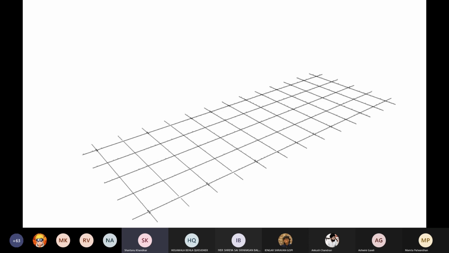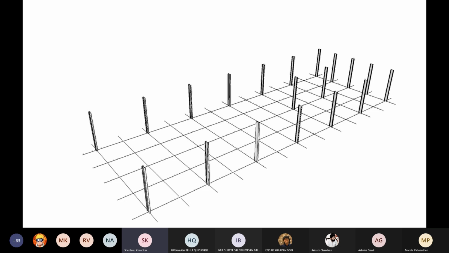As you can see on this screen, there is a 3 meter by 3 meter grid that has been formed, and we begin by placing our columns in that grid. Here the columns are at 6 meters from each other. Because this is a factory building, it needed to have an open, columnless space in the middle, so the columns are arrayed around the periphery.